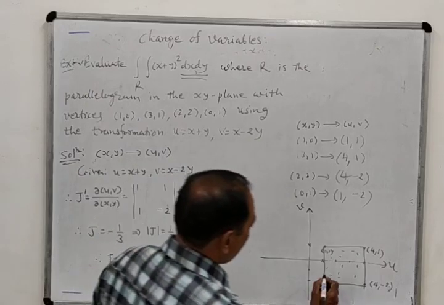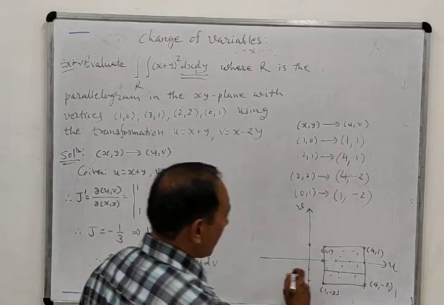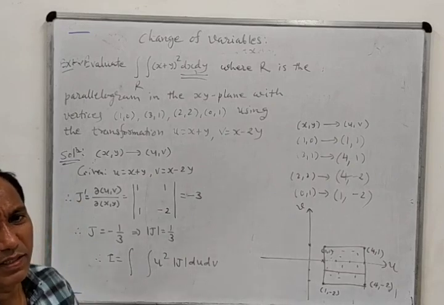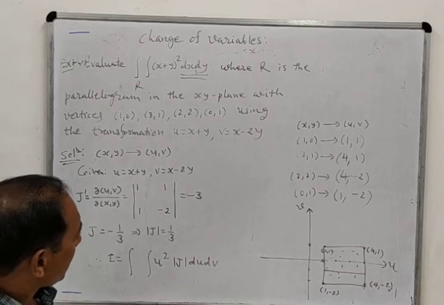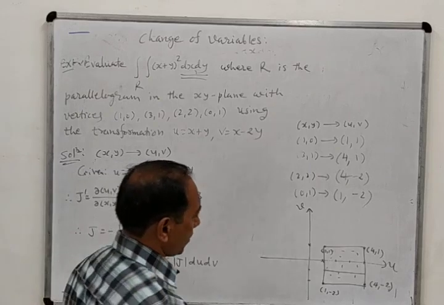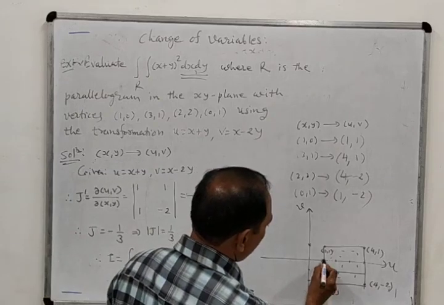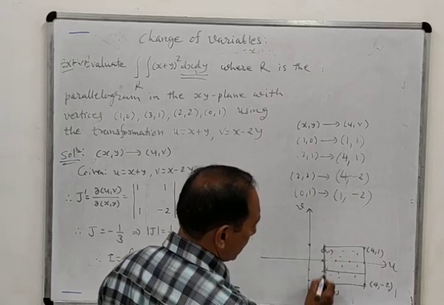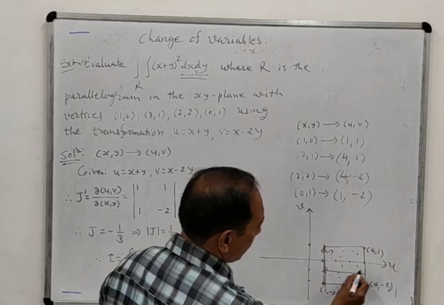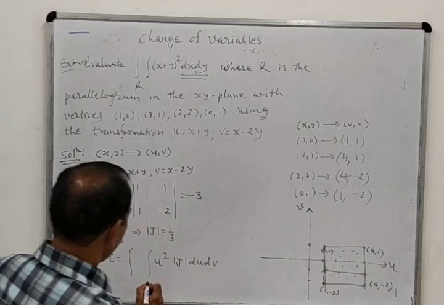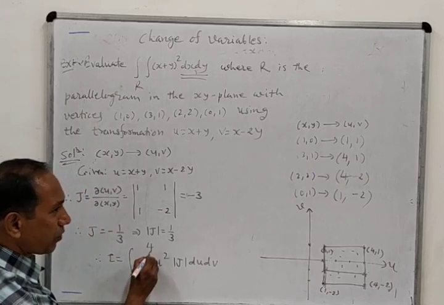So we will draw a parallel line, straight line parallel to the u axis. And I have shown to you that whenever it is a rectangle or square, then the limits are very easy to find out. Without drawing the lines also you can determine. So here u equal to 1. You can see u equal to 1. This endpoint lies on this line. So it is u equal to 1. And this endpoint lies on this line, which is u equal to 4. So u has the limits from 1 to 4.